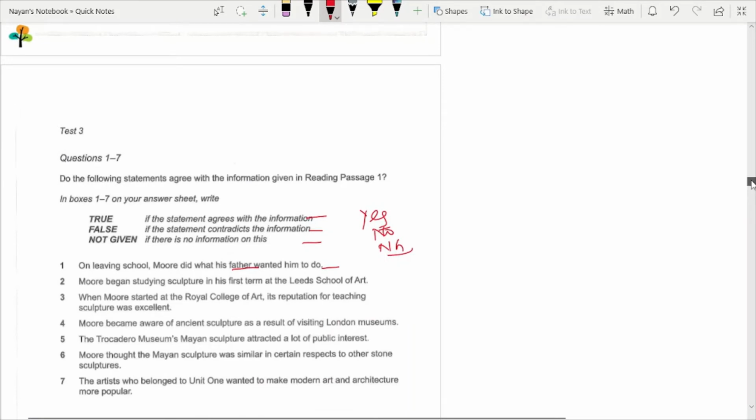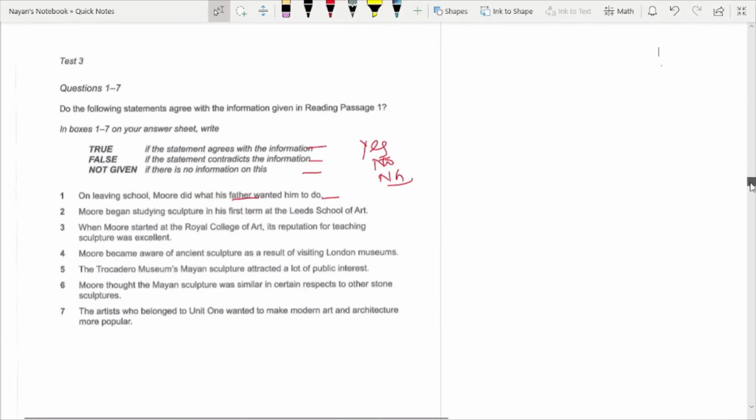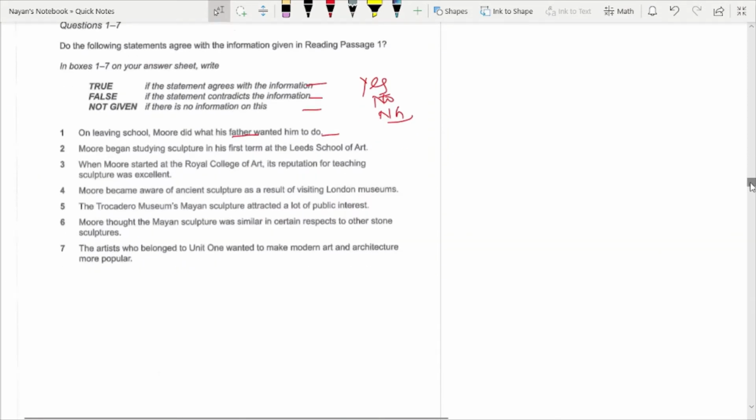Okay, but again, I'll suggest you one thing. Don't just think that the answer is correct without reading the complete information. Maybe later they twist it a little bit, right? So read the sentence carefully. A complete sentence you have to read. Okay, now let's move to the third question.